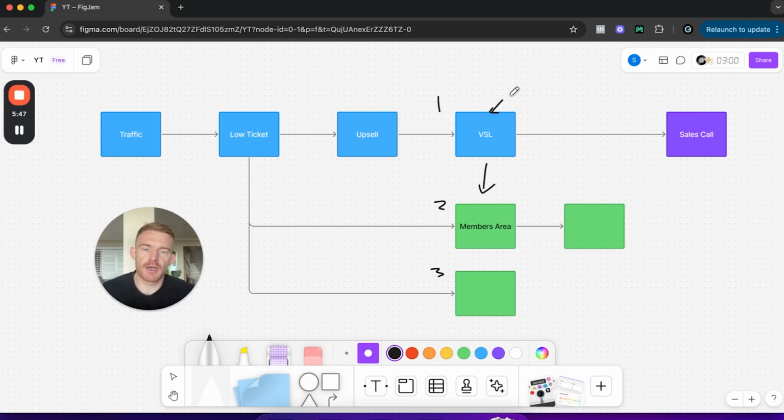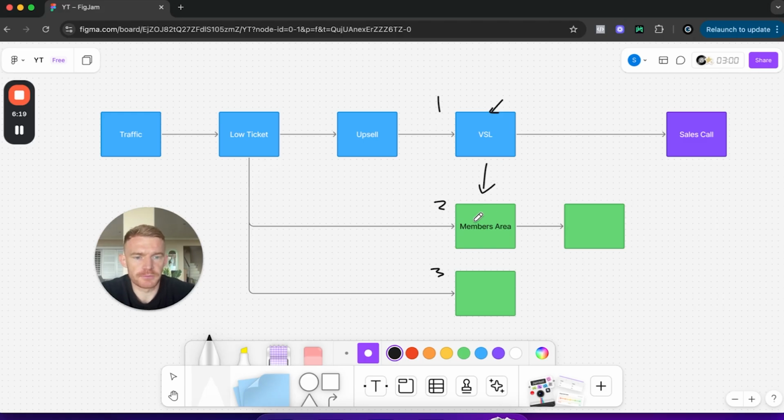Or if it's a done-for-you service, you would just pitch the done-for-you service and the benefits of that versus them going through the low-ticket course by themselves. And then you can get them to book in a sales call. Now, this is a bit more direct, and people know that they're booking in for a sales call and there's something to buy at the end. So the conversion rate from buyer to sales call is going to be a lot lower, but the conversion rate on the actual sales call will most likely be a lot higher because these people have more intent to buy. So that's way number one.